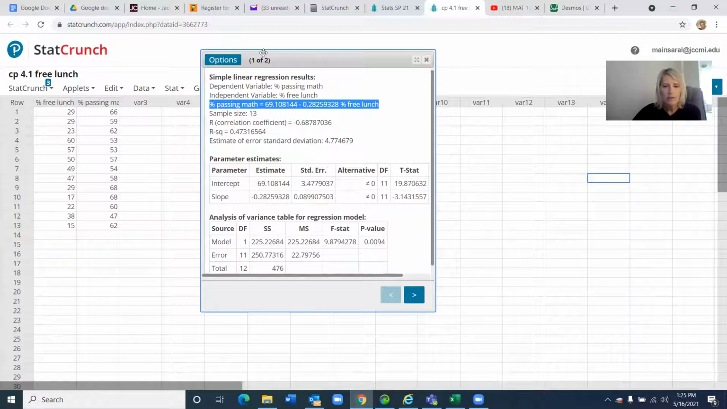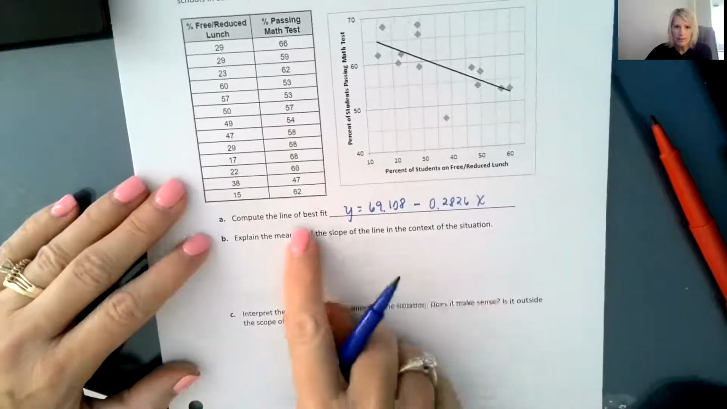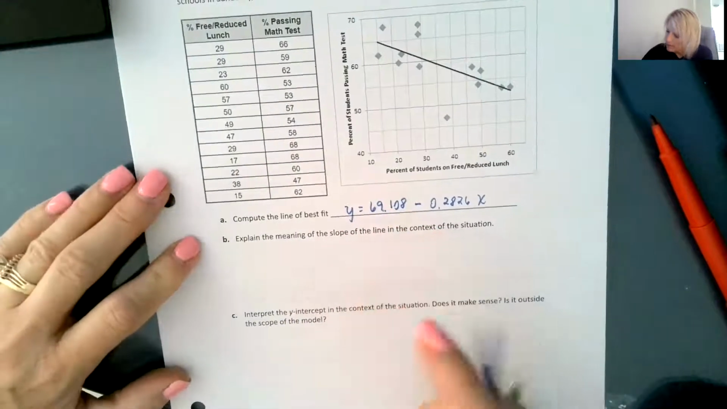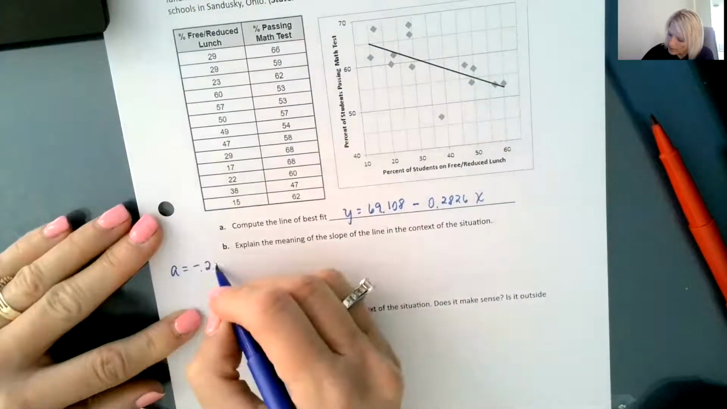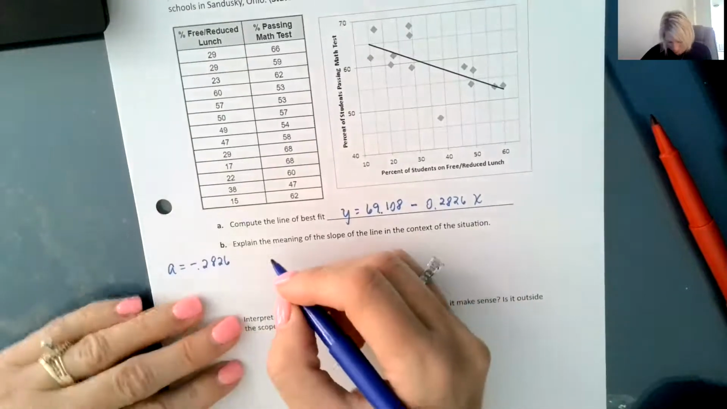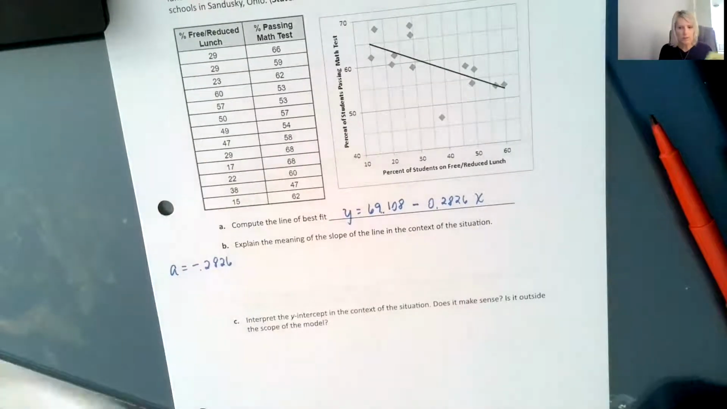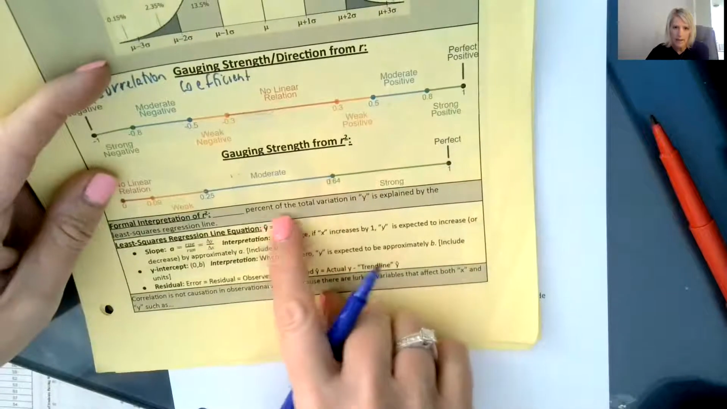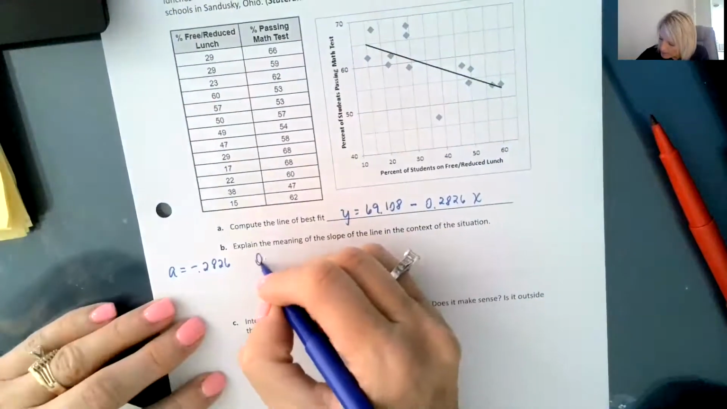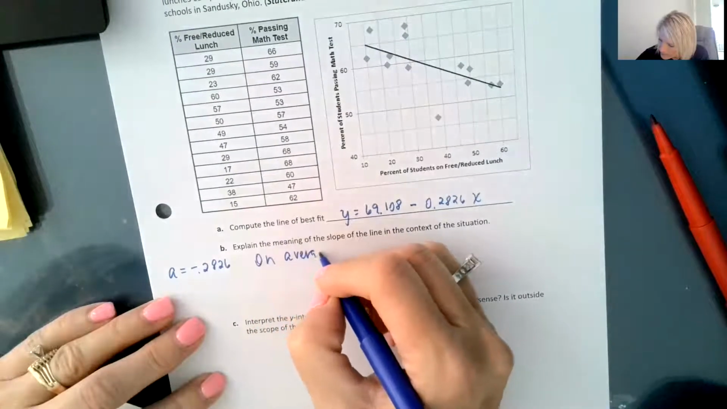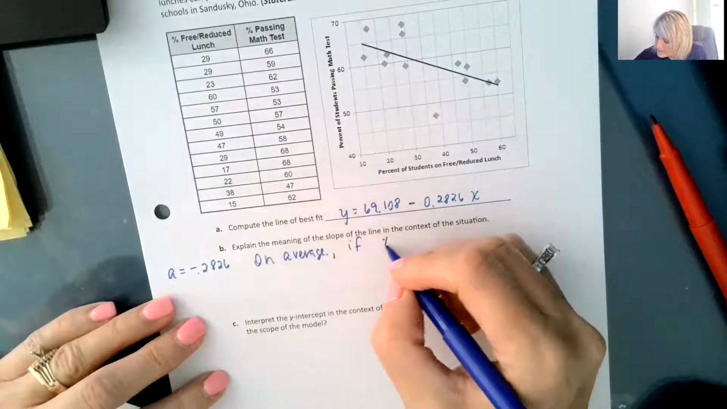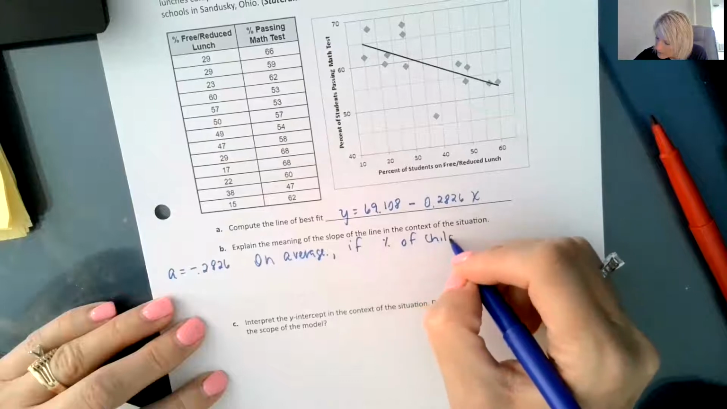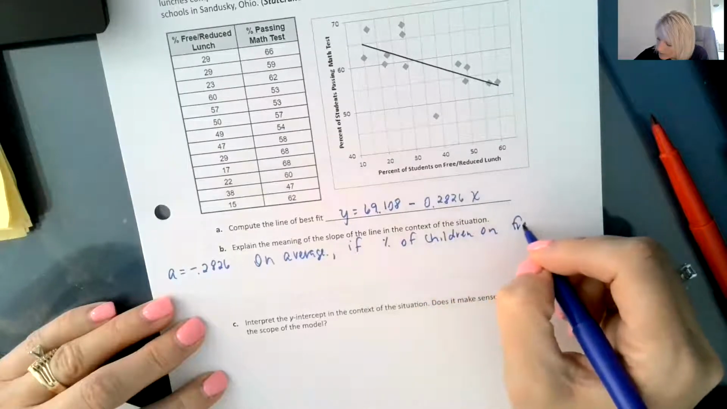Okay. So let's go back to our paper for a moment. It asks us to explain the meaning of the slope of the line in context of the situation. Our slope A is negative 0.2826. Remember, we are going to use our interpretation on the yellow sheet. It says, on average, if the percent of children on free lunch